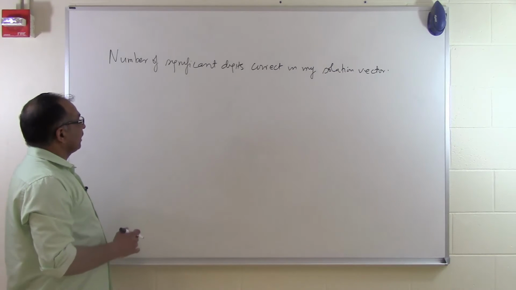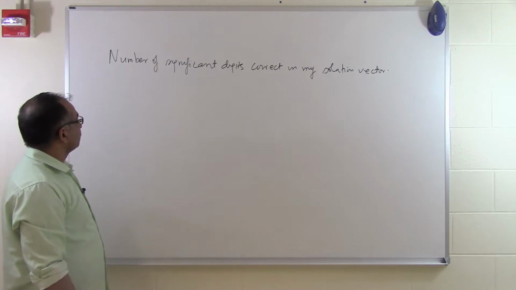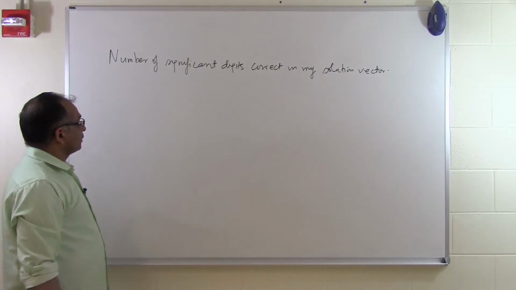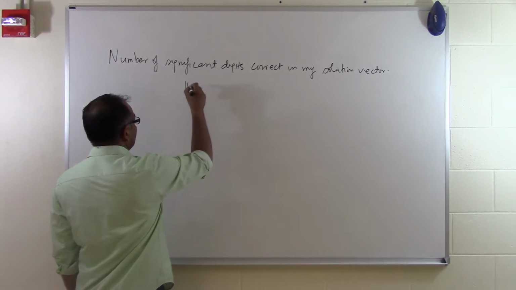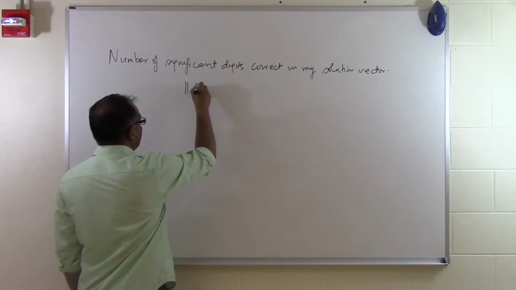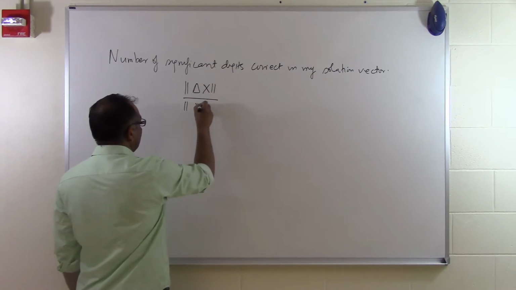We now know that condition number is the way to figure out whether a particular system of equations is well conditioned or ill conditioned. But how do we relate this to the number of significant digits that are correct in my solution vector? For example, we have looked at this particular theorem that